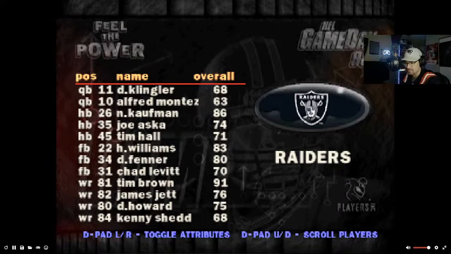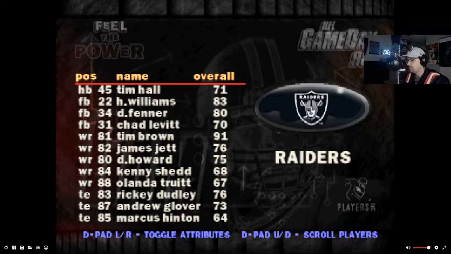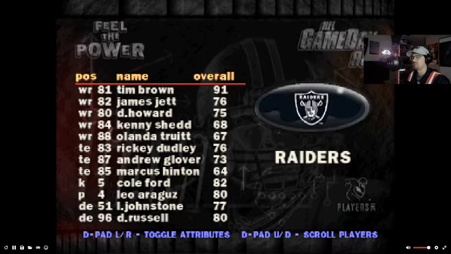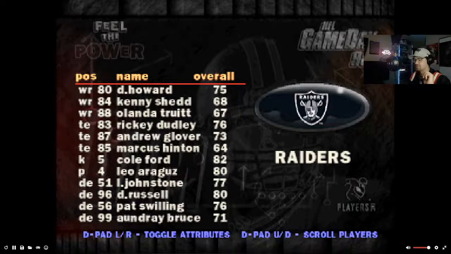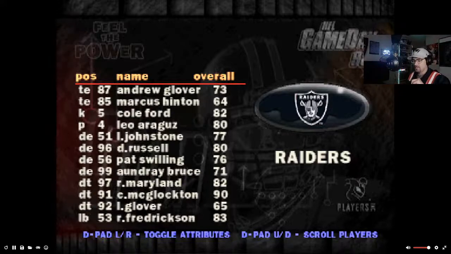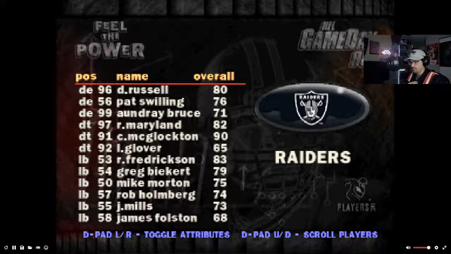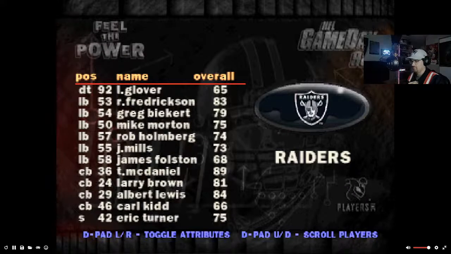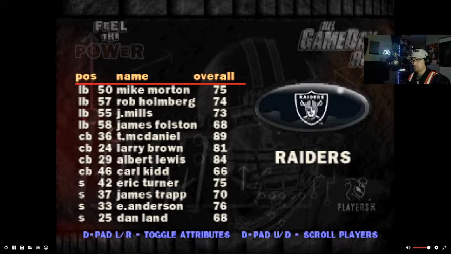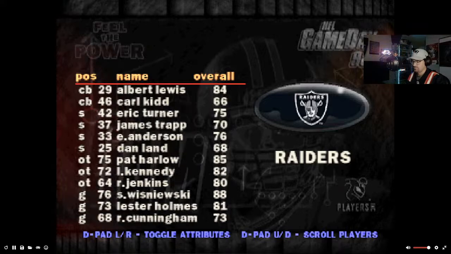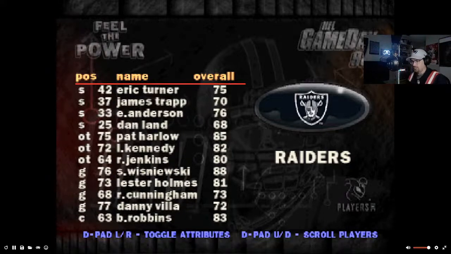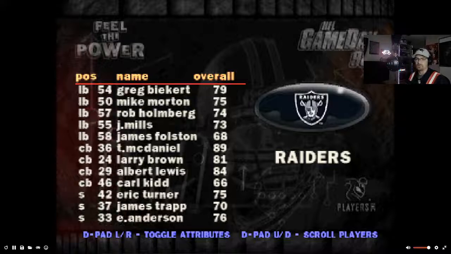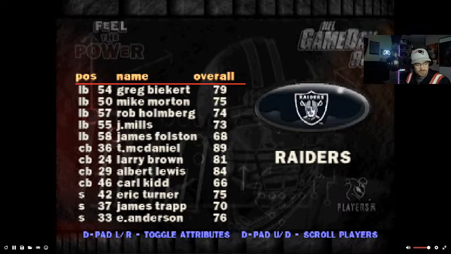Tim Brown was on this team. If you remember, Tim Brown was one of the best receivers ever. A really solid player. I used to pick him up a lot of times in Madden franchises and stuff because he was so good. But not a whole lot of great players on this team. Let's see here. Yeah, not too many players. Unfortunately, this team was not a very good team. They won 4 games. 4 games total. They were not good at all.